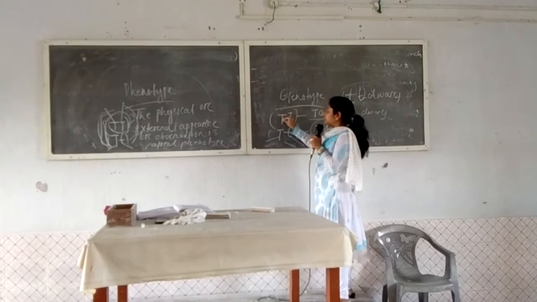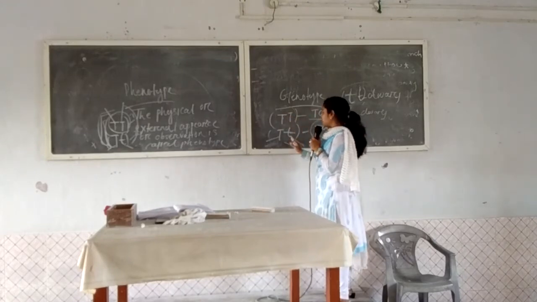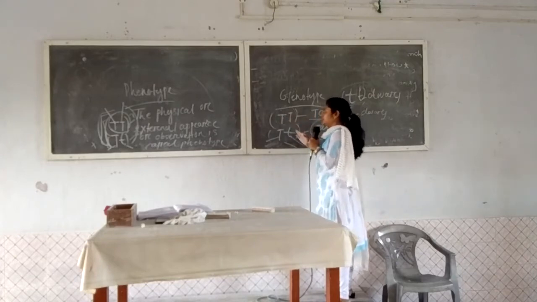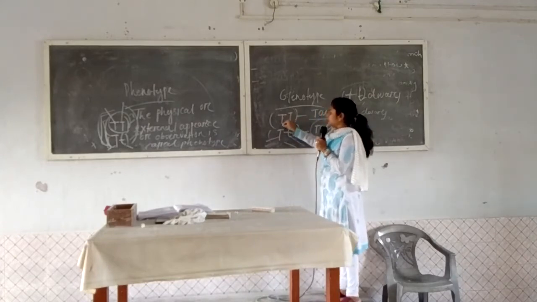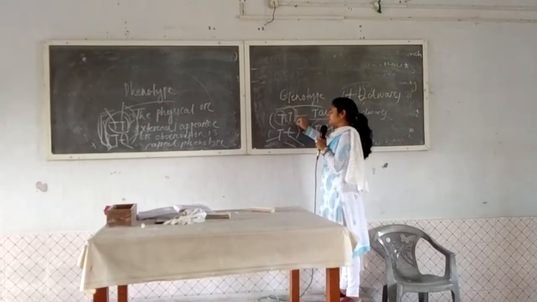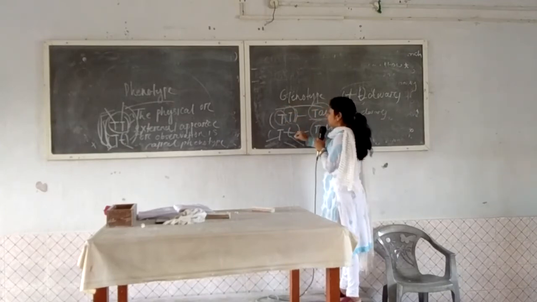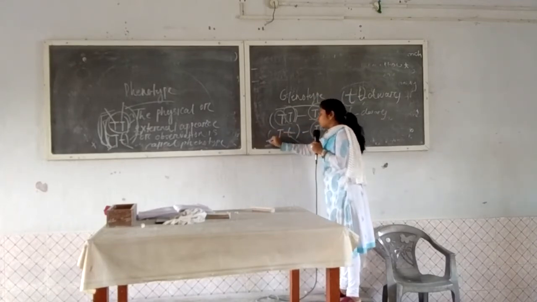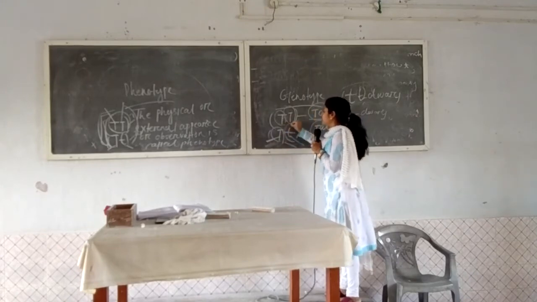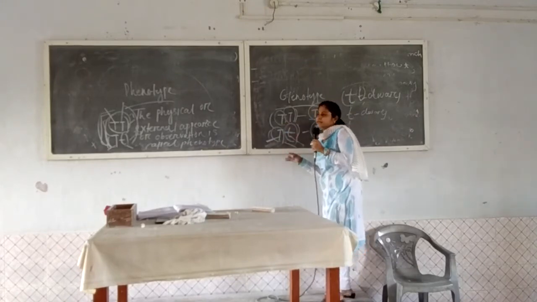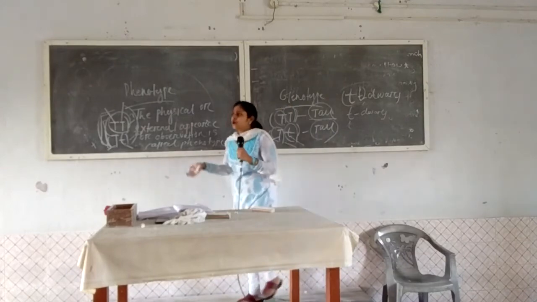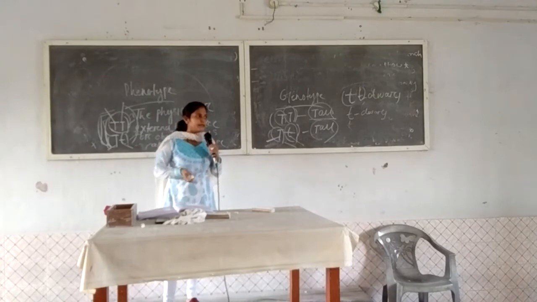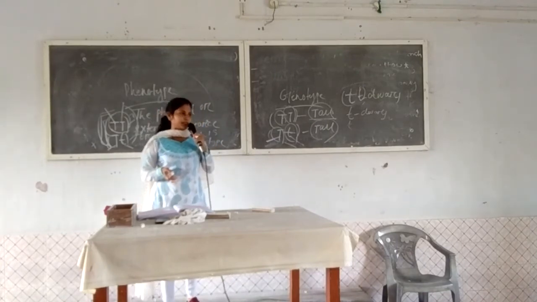Here T is the dominant character and small t is the recessive character. While T, tall, is the dominant character, here also both the same genes are present and the plant is tall. But here different genes are present, and the plant is still tall. So tall is the dominant character and dwarf is the recessive character. Like this, Mendel took a lot of characters, which are dominant and which are recessive.